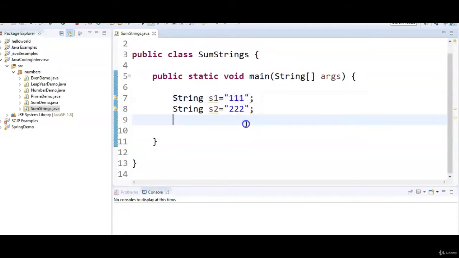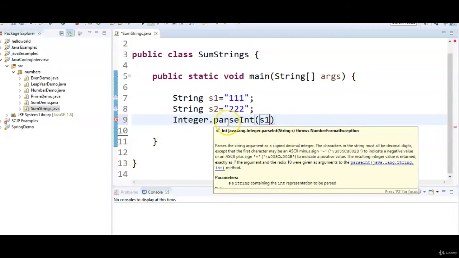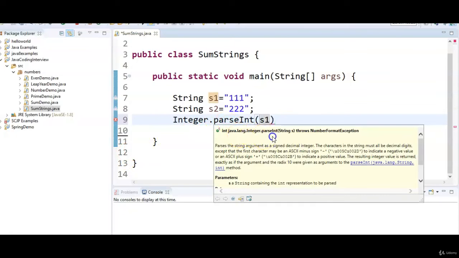string to integer. So we have a method called Integer.parseInt, where we pass a string, which will return the integer. What it does? It will return int. Integer.parseInt throws NumberFormatException.